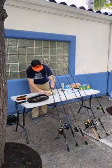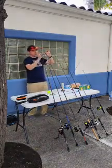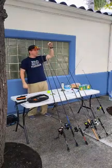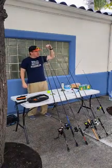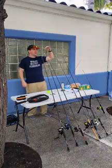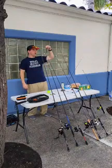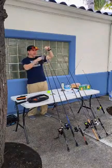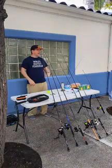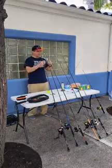One of the most common types of lure or bait for bass fishing is just a simple worm. This is a plastic worm, commonly referred to as a Senko, S-E-N-K-O, Senko. These come in all kinds of colors. This one's like a watermelon. It's got a light green with black flakes in it. They come in reds and blacks and blues and purples and pinks and any color you can imagine,